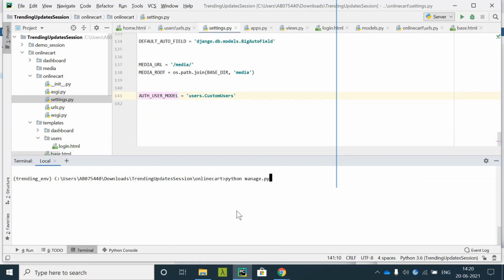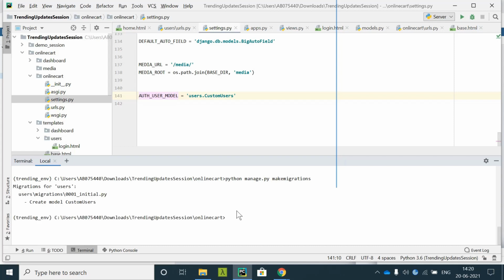python manage.py makemigrations. python manage.py migrate. These two things you need to do after all the settings.